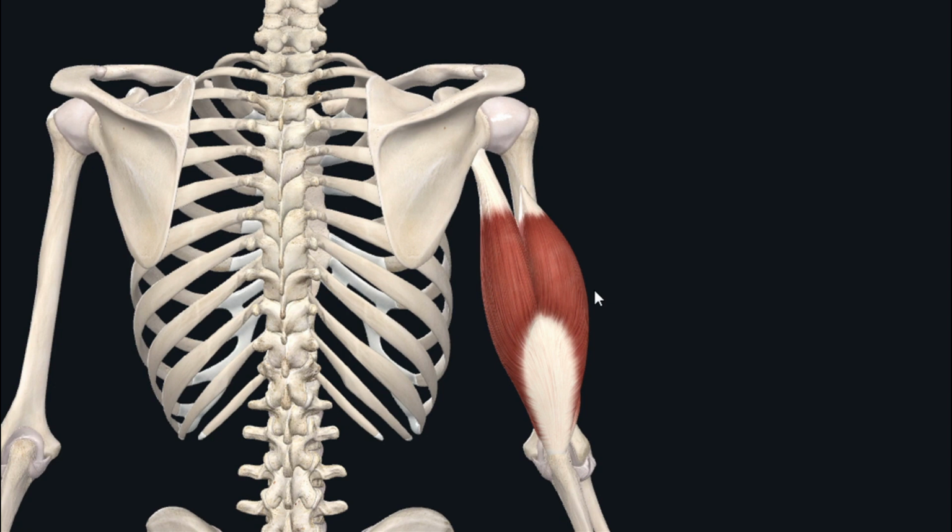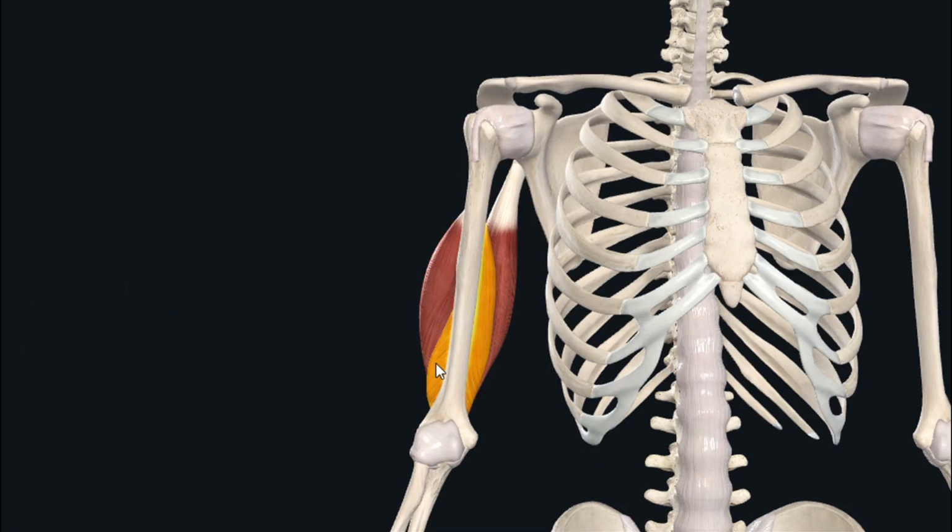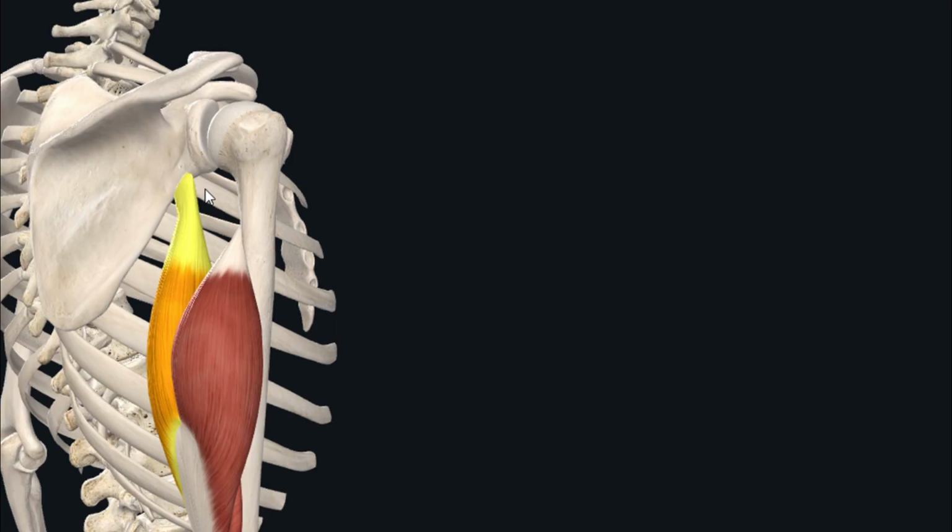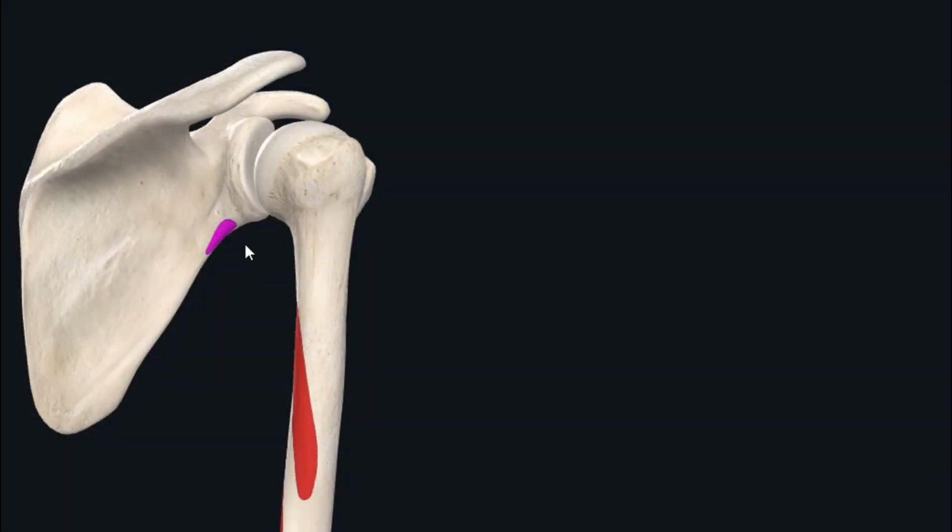So, as its name suggests, the triceps has three heads of origin: a long head, a lateral head, and a medial head. And these three heads then originate from different anatomical structures on the scapula and humerus. So let's discuss these origins. So the long head of the triceps originates from the infraglenoid tubercle of the scapula. The infraglenoid tubercle is this tubercular outgrowth just inferior to the glenoid fossa of the scapula.